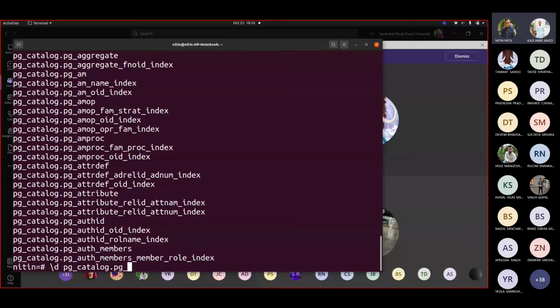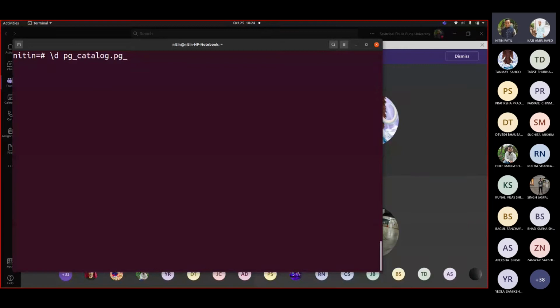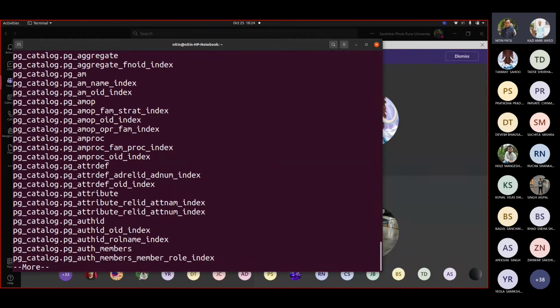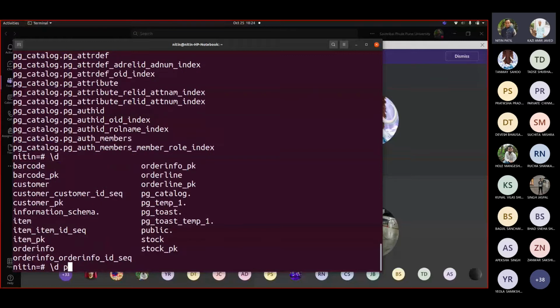I wrote this command: \d pg_catalog.pg_ and then I pressed tab. It showed me how many possibilities, these many. These all belong to pg_catalog. This is the standard catalog schema. Let me see another one. Let me say public now.